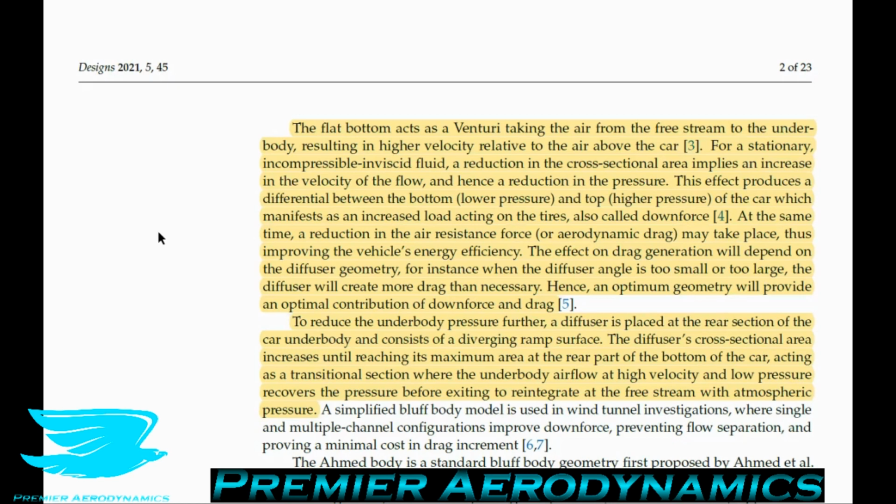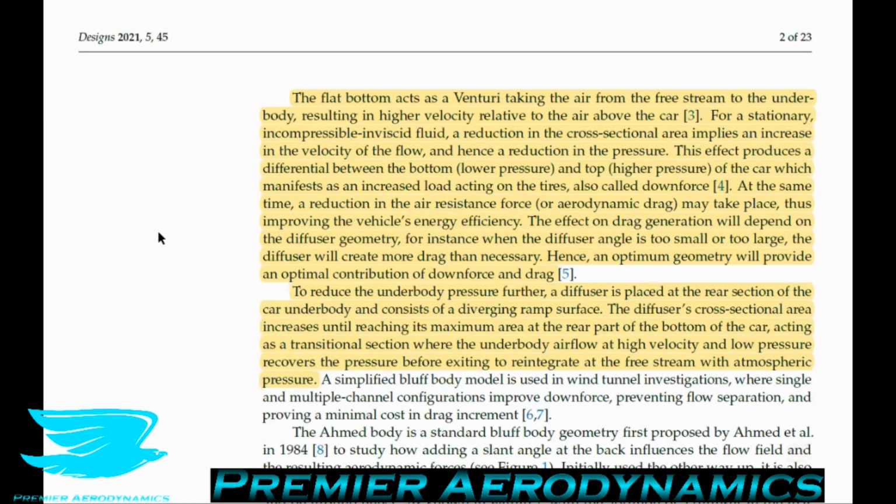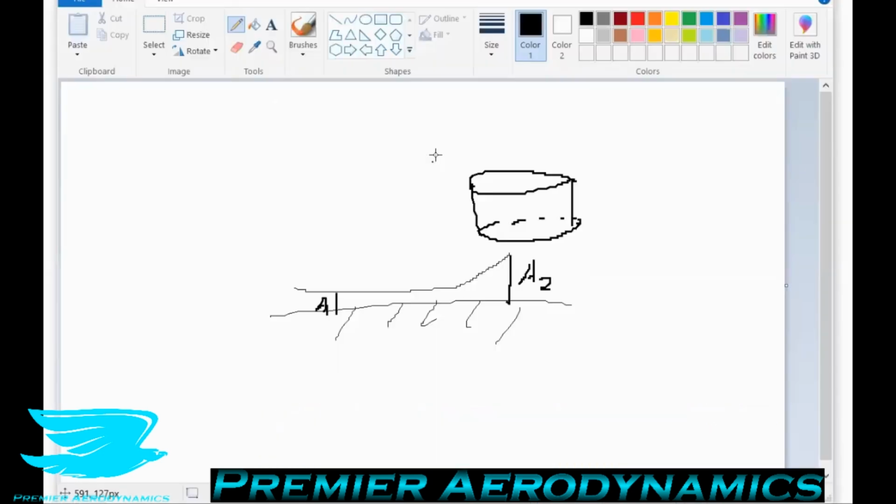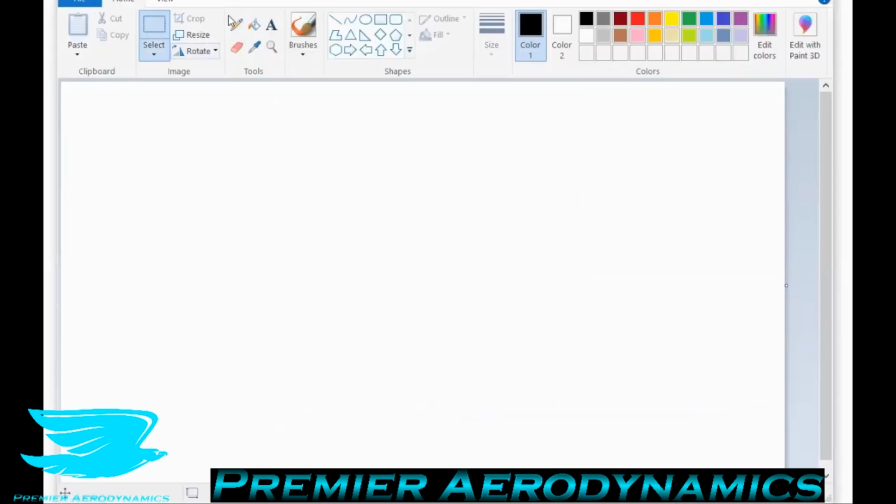So the flat bottom acts as a venturi, taking the air from the free stream to the underbody, resulting in higher velocity relative to the air above the car. So a venturi effect, if you're listening to this on Spotify, you can watch this on YouTube and/or Spotify as well. I actually talked about this in the last podcast, where I was looking at the contracting, the diverging